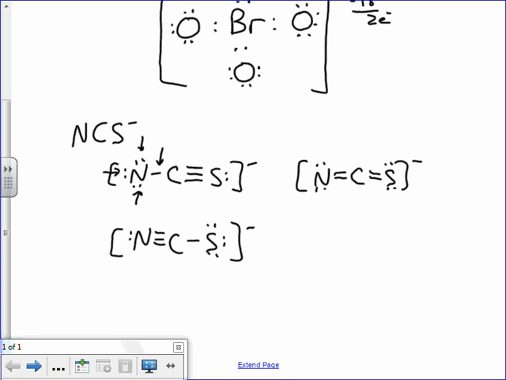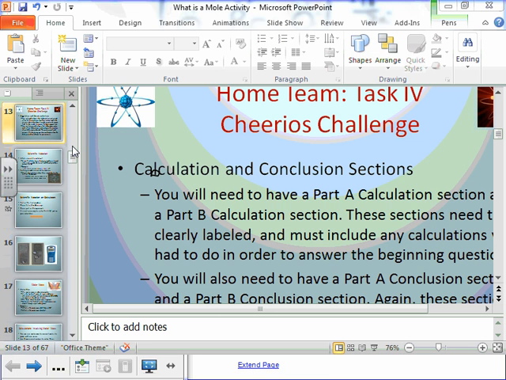Okay? And then basically you compare the number of valence electrons that this thing normally has with the number of electrons it has around it in this Lewis structure, and you want them to be close. You want them to be similar to one another. All right? So the idea here,